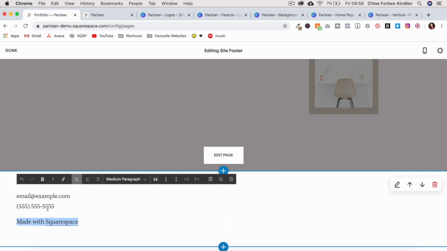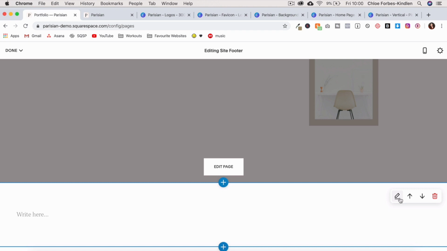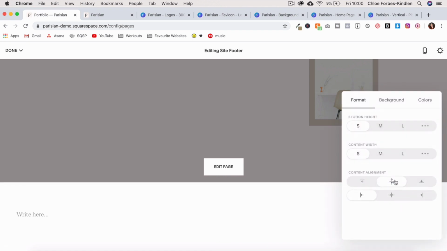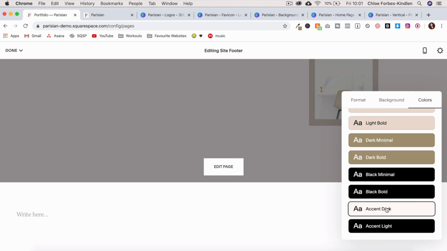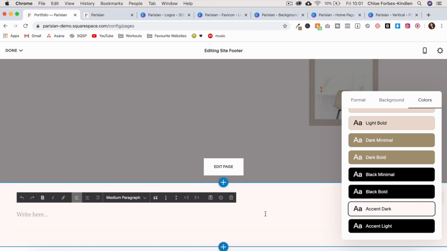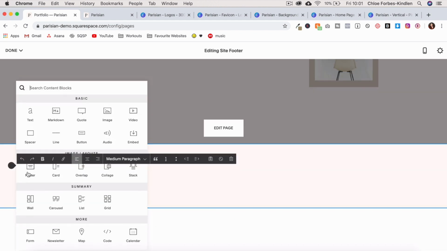Now on this side, I'm going to take all of this off. So once I've removed all that content, I'm going to click on the pencil icon, and you'll see here naturally the content is aligned to the left. I'm going to change that to the center. The section height is going to be small, but the content width is going to be long. Now while we're here, I'm also going to change the color to our accent dark. So once that's done, we can add 2 spacers